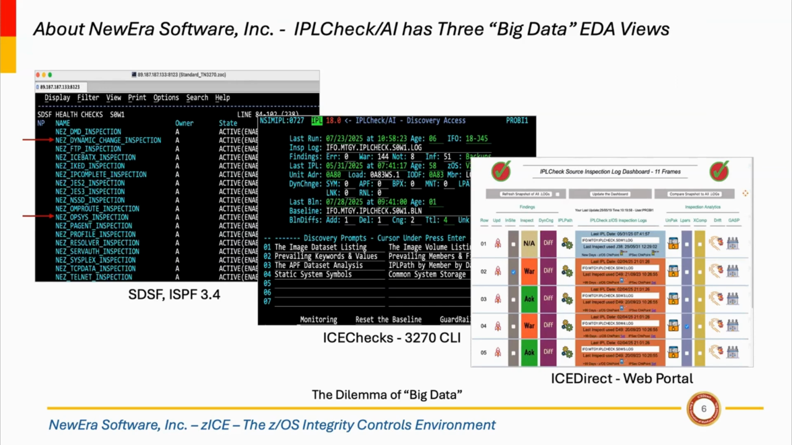So in this picture, we see the 3 alternatives. One is simply to use SDSF or ISPF 3.4 to examine the output from the inspectors as it's presented by the health checker, or to simply go to the log itself and examine the log under 3.4. The intermediate step is to use ICECheck, which is a 3270 command line interface, to essentially explore the data through an interface that presents its